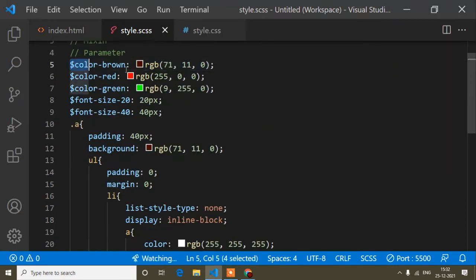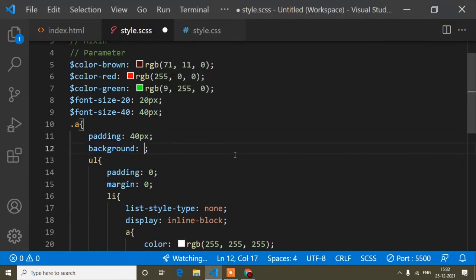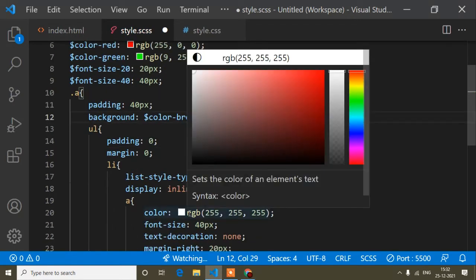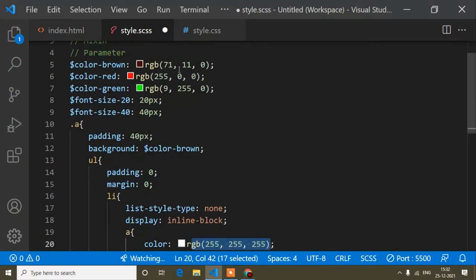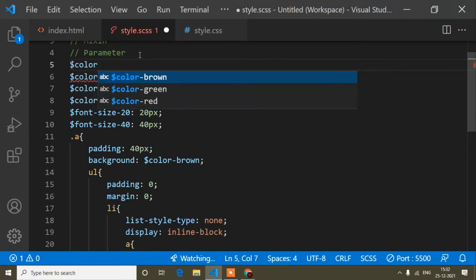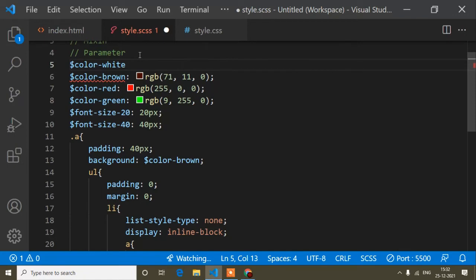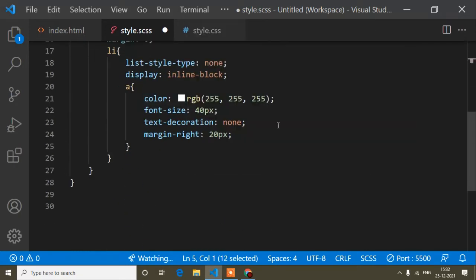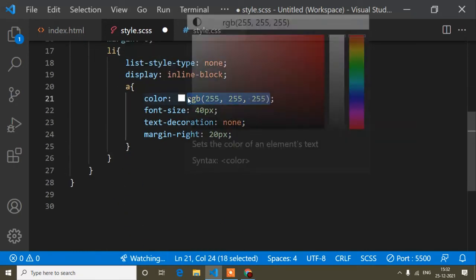So now one more thing, I have written the background color here, but I already defined the background color as a variable. So I will copy this variable and paste the variable name only. Okay, and I have used this white color. White and black are the most commonly used colors, so that's why I will create a variable here. I will write color white. Okay, and here I will set the color code like this, and here I will just paste the variable, not the color. So this one.